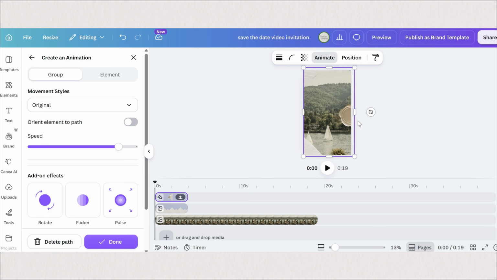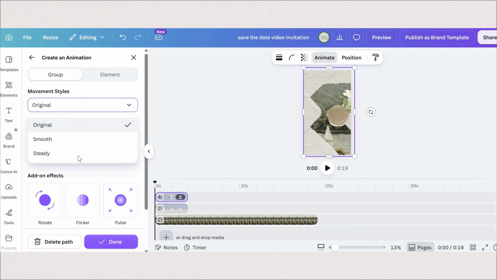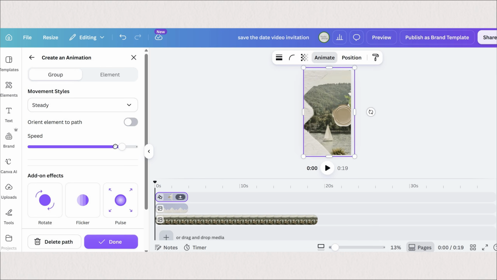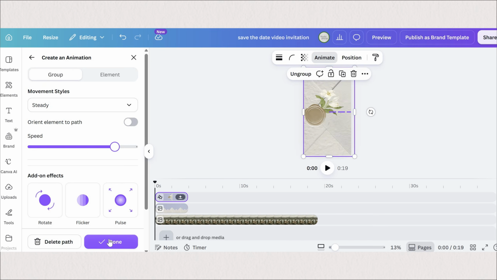So I'm just slowly going to slide it straight to our right side until it disappears from the canvas, and then do the same thing with the bottom part of the envelope, but move it to the left. You can always adjust movement styles of your animation and speed as well, so you can create a smooth transition. And there we have our opening envelope animation, which takes us to the next part and actually designing our digital